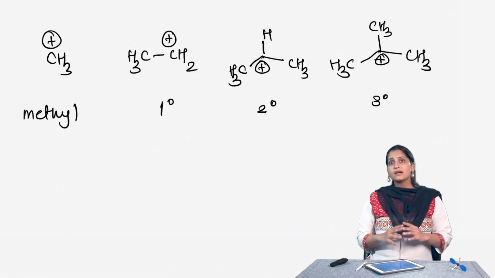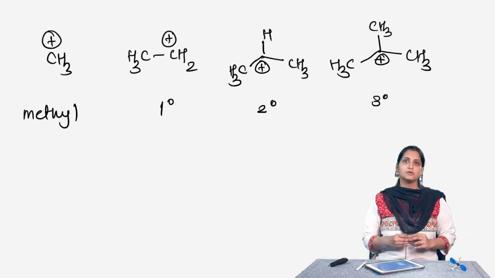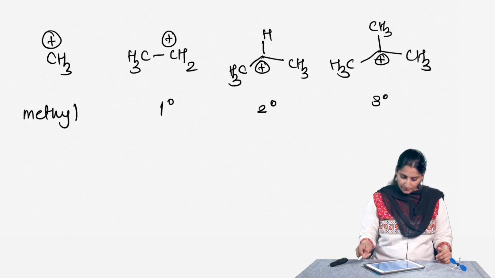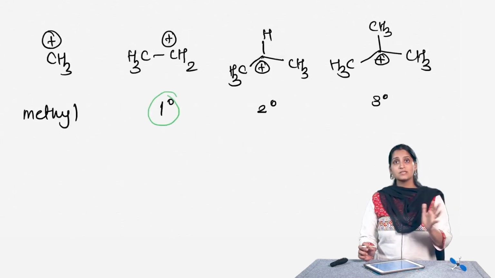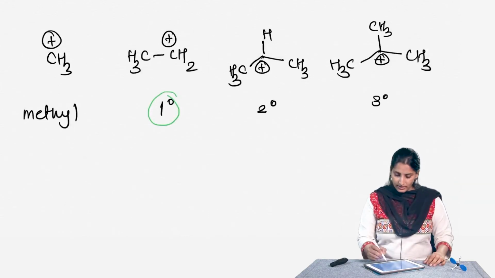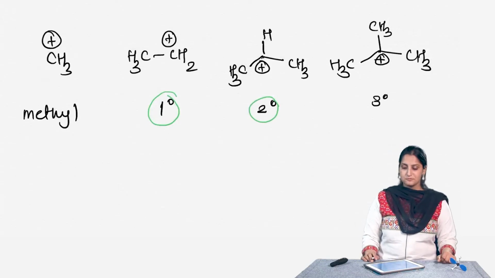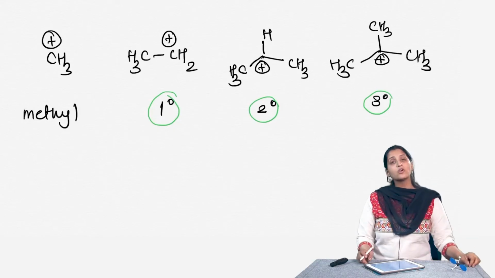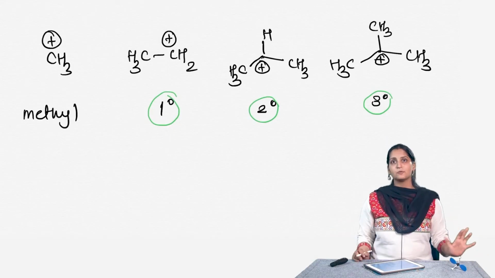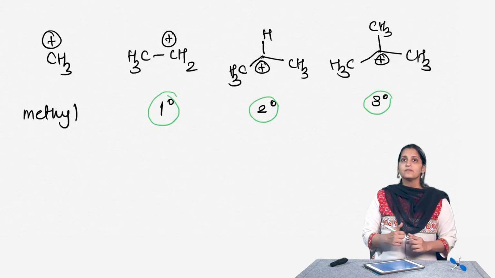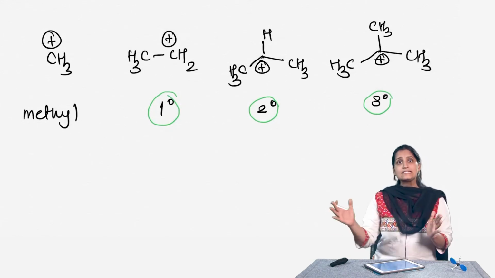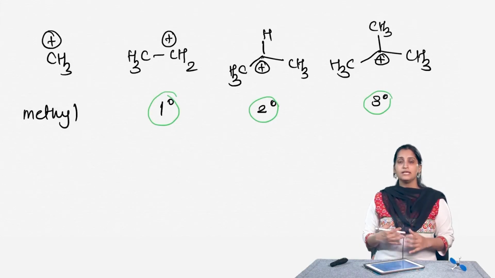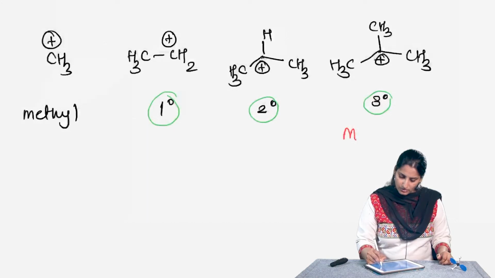So, carbocations are classified according to the number of alkyl substituents that are bonded to the positively charged carbon. A primary carbocation, so for example, this one here has one substituent, one alkyl group attached. A secondary carbocation will have 2 alkyl groups attached and a tertiary carbocation will have 3 alkyl groups attached. In fact, I have also drawn a methyl carbocation which has no alkyl groups attached, only hydrogens attached to it. The stability of a carbocation increases as the number of alkyl groups that are attached to the positively charged carbon increase. So, tertiary carbocation is going to be most stable